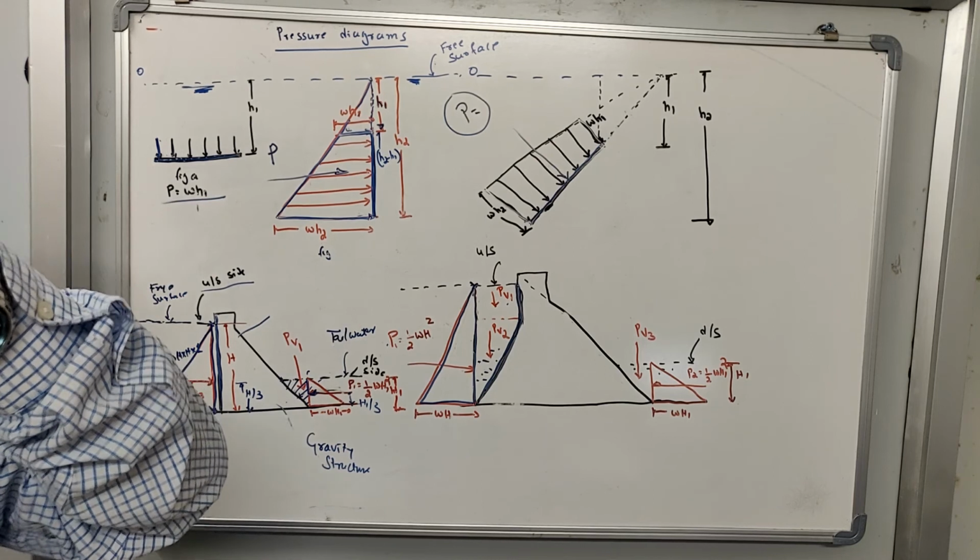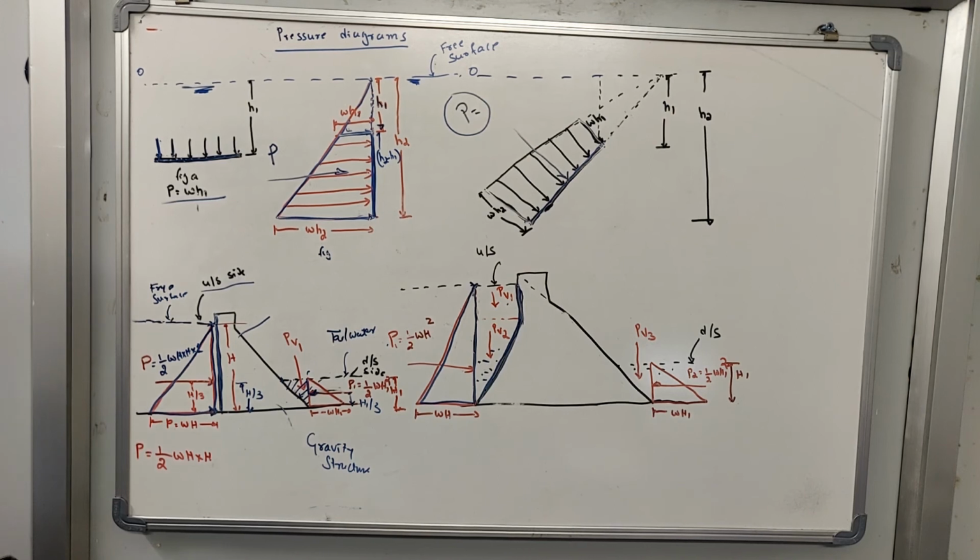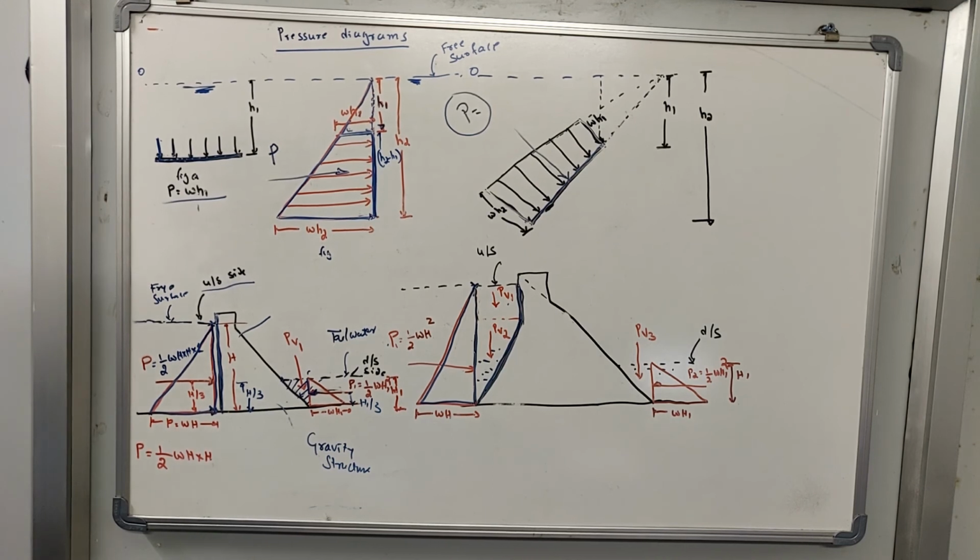So this ends the discussion on how to draw the pressure diagrams and how to calculate the intensity of pressures and total pressures when the surfaces are immersed horizontally, vertically, in the inclined direction, and also if it is curved. One more numerical problem on the curved surface is going to be solved. From the next class we will start the discussion on kinematics. Thank you.